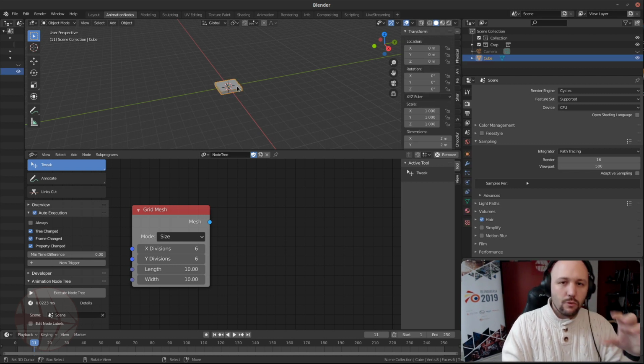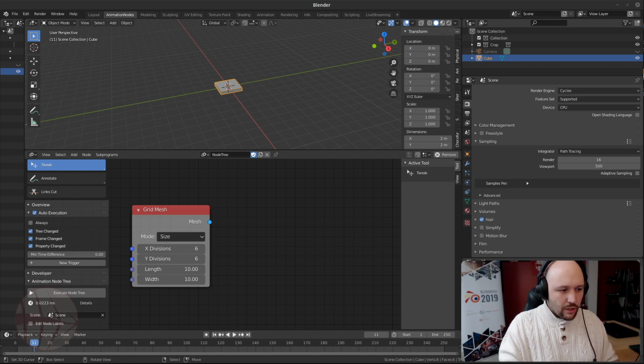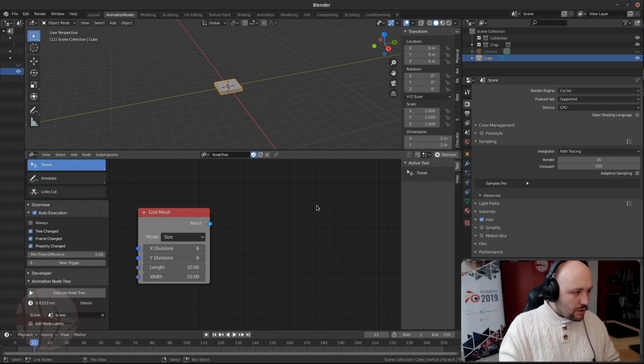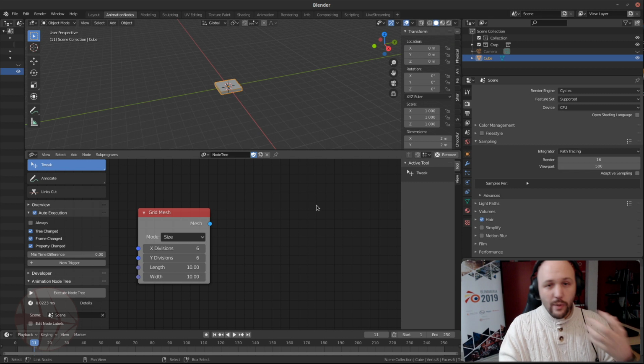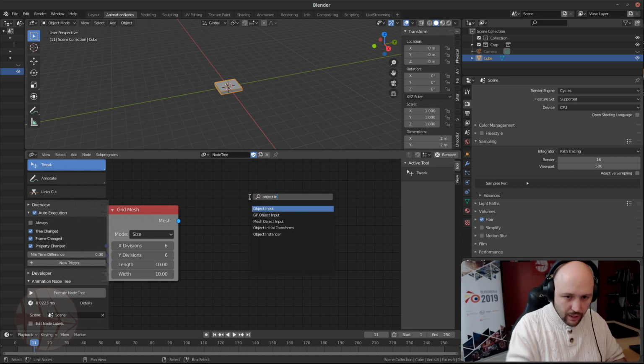But I don't want to create the cubes manually, right? Because it's nonsense. If I want to create 100 cubes, I don't want to create 100 cubes manually. How can I do it? Well, it's pretty easy. What I'm going to use is a node that is called object instancer. So I can press Control A, object instancer,